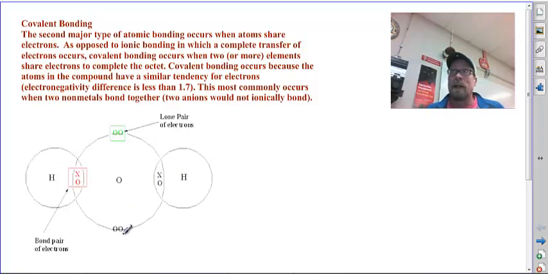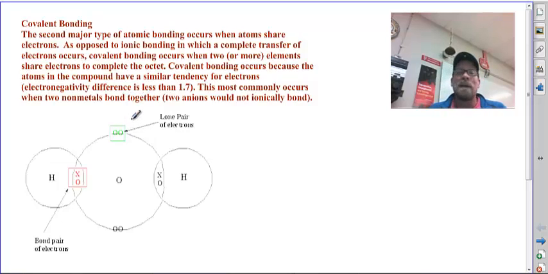Oxygen, of course, would like to have 8 electrons in its outer shell for that stability. That gives it stability that simulates a noble gas. Hydrogen, because of its size, is very small and only needs 2, so that it can simulate helium in the stability of that noble gas. But they're sharing electrons. Now, if I were to calculate the electronegativity difference between hydrogen and oxygen, it is less